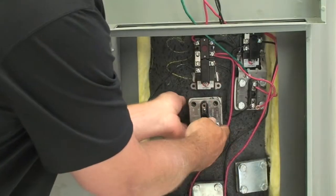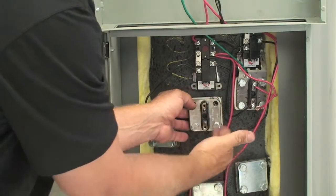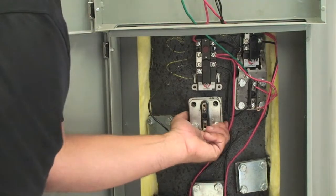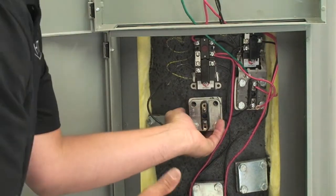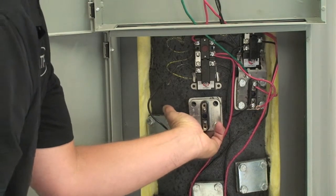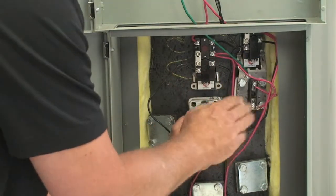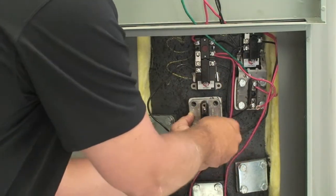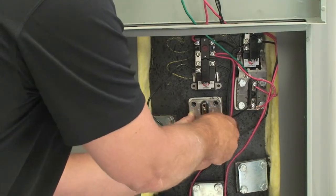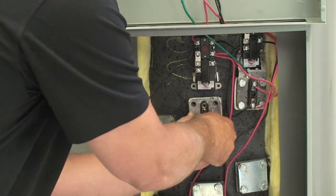One nice little trick on this is because this is a twist lock, which is a nice feature because if anything ever breaks, you can easily replace it. But on the twist lock connectors, it is a little tricky to put the element in, so you have to basically support the back plate with your hands, press in the element. The element's going to want to fall down a little bit, and then get your bolt and basically try to line it up, and then slowly but surely just make sure that the threads are engaging